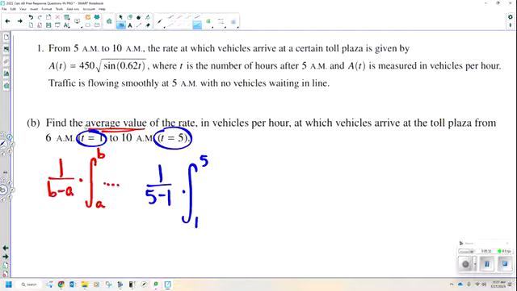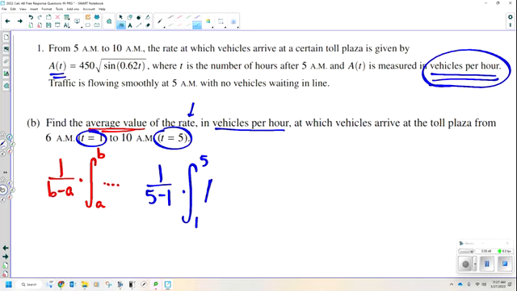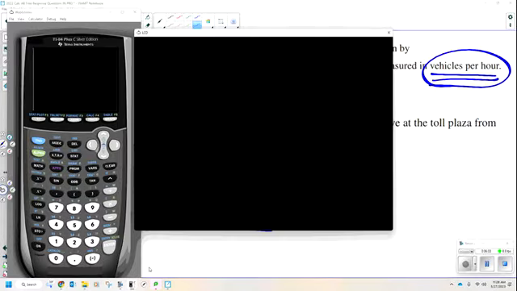Okay, well, what am I trying to find the average value of? The rate in vehicles per hour. A of t is the rate in vehicles per hour. So really this is just the integral of A of t dt. I can write that on the paper as such because I need a number, and this tells them how I'm getting that number. So in my calculator, I'm going to start off